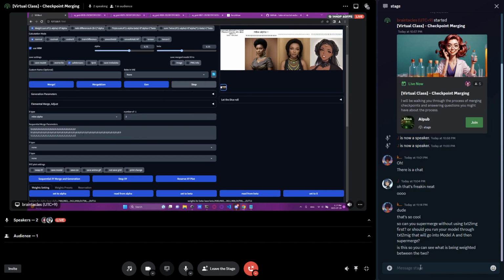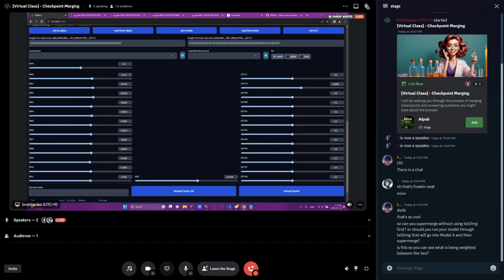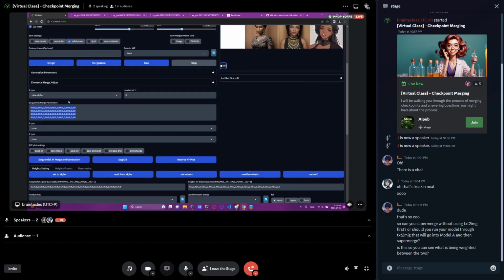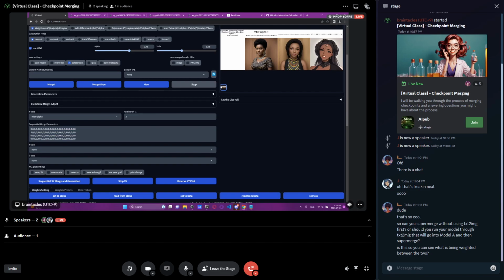So now the interesting part is where we start moving variables, those weights, I guess. Right now I have 4 lines and they're all zeros, so all model A. The first line I'm going to leave as it is, just model A. In the second line, I'm going to change the first block to 1. The next picture, I'm going to change the second block to 1, and then I'm going to put both of them as 1,